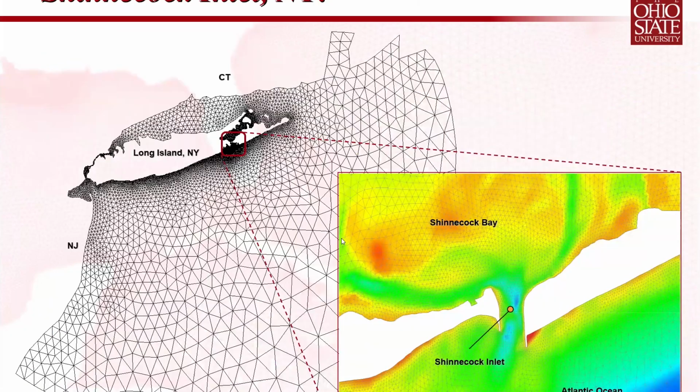And then the case that I want to highlight on the East Coast is this area called Shinnecock Inlet. We were originally studying this problem. The Army Corps was looking at dredging operations in this region. What happens in situations like this is you get high velocities through the inlets, which can cause scour. And then as it enters out of the inlet, you get large shoals that get deposited in front of the inlet, and they have to constantly go in there and re-dredge.